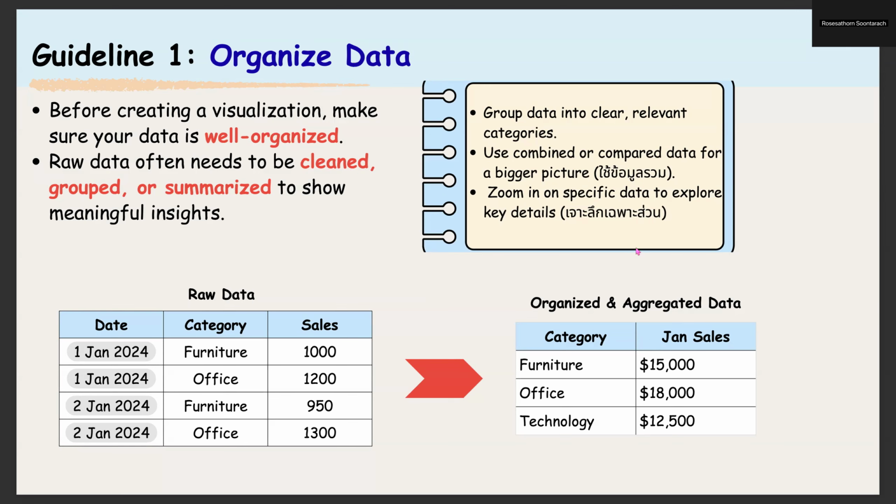You need to group the data into clear relevant categories and combine or compare data for a bigger picture. Or sometimes you need to specify the data to explore key details. For example, this is raw data, so you need to group it like this